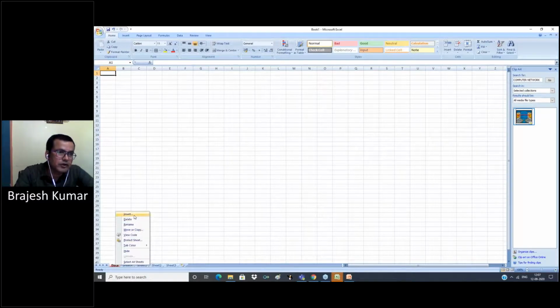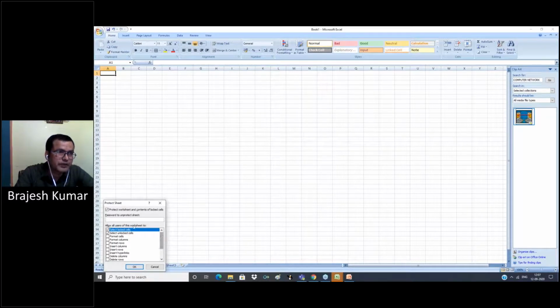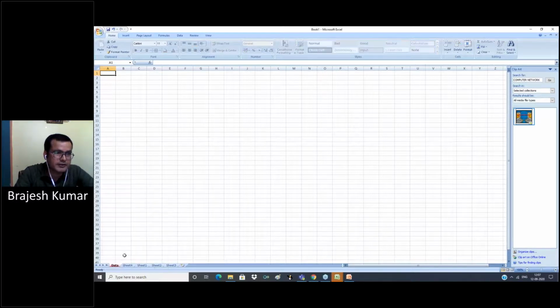So: insert, delete, rename, move or copy, tab color, hide sheet, and protect sheet. You can set password here to protect your sheet so that others can't edit your data.